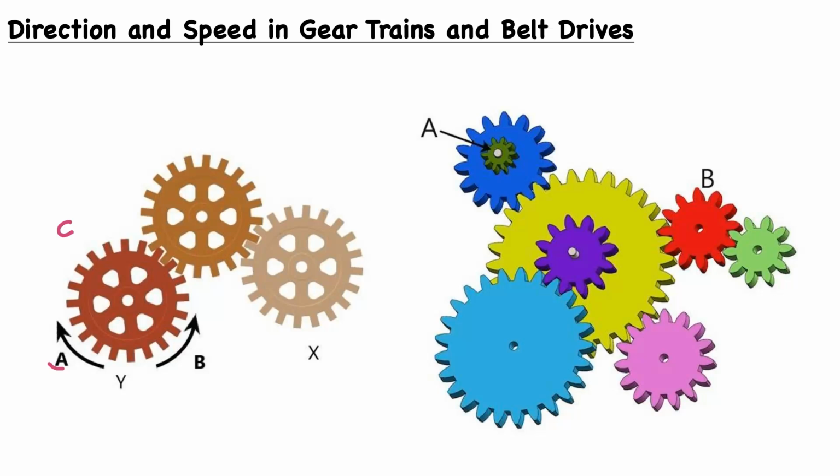So this would correspond to what we see in A. So if this gear is rotating clockwise, we know that for any two meshed gears, the adjacent gear must be rotating in the opposite direction. So therefore, the middle gear will be rotating counterclockwise, and the gear next to that, which is directly meshed, will